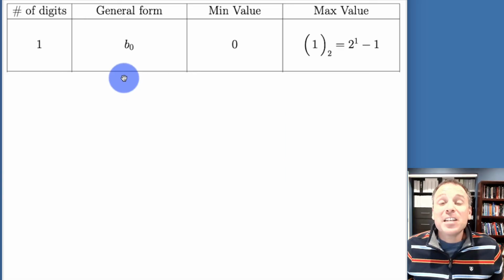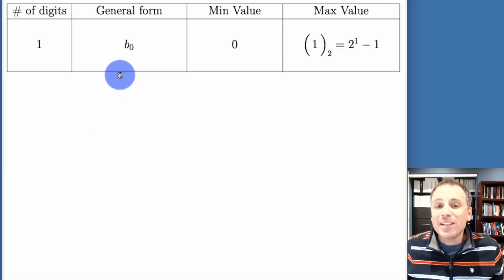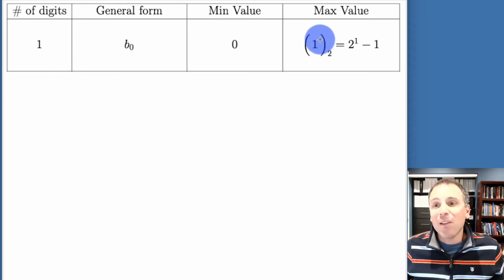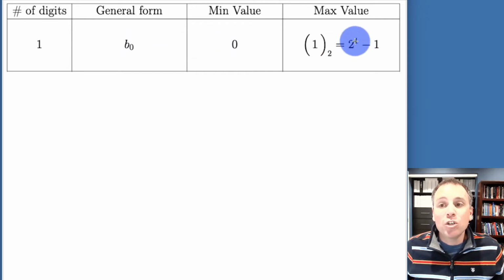Let's get insight into that larger question by studying some base cases. We'll start with the easiest or least complex. Let's ask ourselves the question, how many different numbers can be encapsulated in a 1-bit binary representation, or a 1-digit binary number. We know that the smallest value that can be represented by 1 bit is 0. So if that bit was 0, that would represent the number 0. And then the largest value is 1, since 1 in binary is identical to 1 in decimal. So the maximum value that can be represented by 1 bit is 2 to the first minus 1.